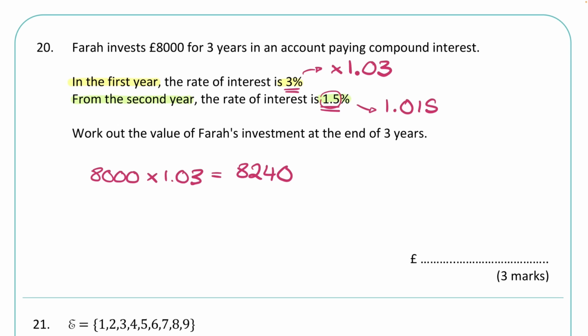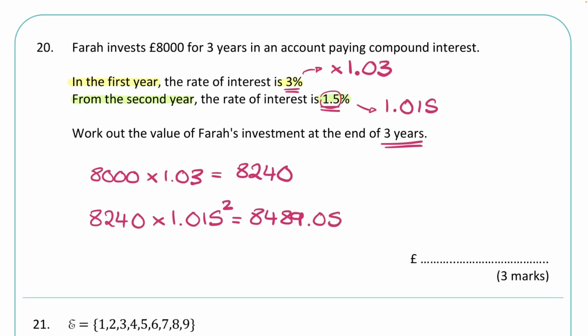1.015. So here we now have £8,240 in the bank. We're going to times by 1.015, and you have two options here. You can times by 1.015 and then do it again, or because we're getting that for an extra 2 years, because the total is 3 years and we're only at year 2 at the moment, we can put squared with that and that'll do it twice for us. And again, that's completely up to you. You don't have to do that. You can just times by 1.015 and do it again, and that gives me